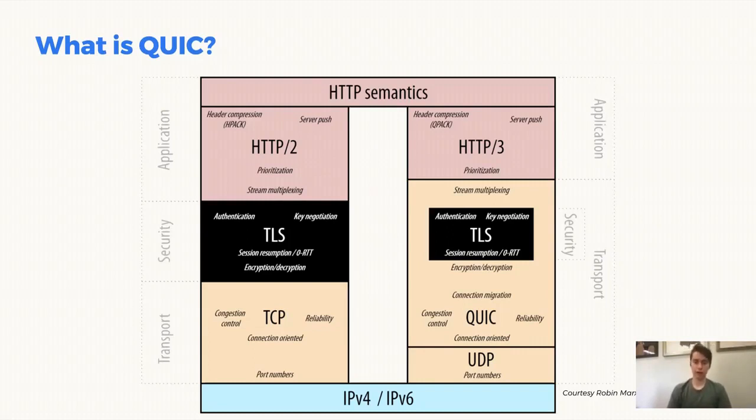The next layer is the security layer. This is where things start to diverge a little bit. With the traditional stack with HTTP2, underneath it is usually TLS, and usually TLS 1.3. TLS provides things like authentication, decryption, and generally makes the transport secure for use on the internet. On the QUIC side, you notice that there's not really a clean delineation, and this is because TLS is sort of baked into QUIC.